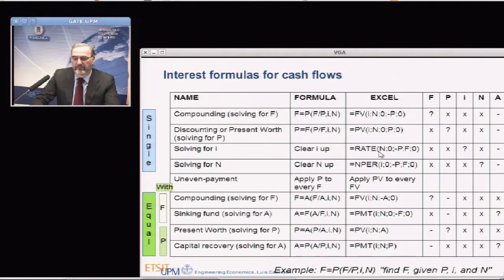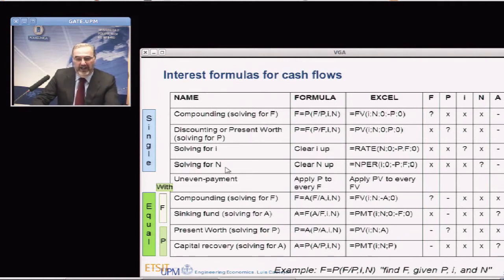You can find on the internet, in Google, the translation from English to Spanish of the Excel financial formulas. Just look in Google or anywhere else. So we can calculate here the interest rate. Or also we can say,